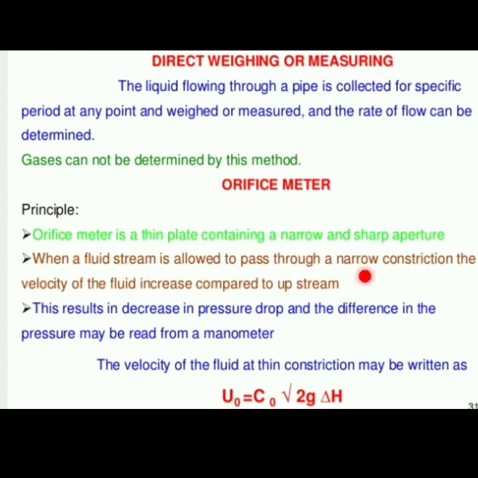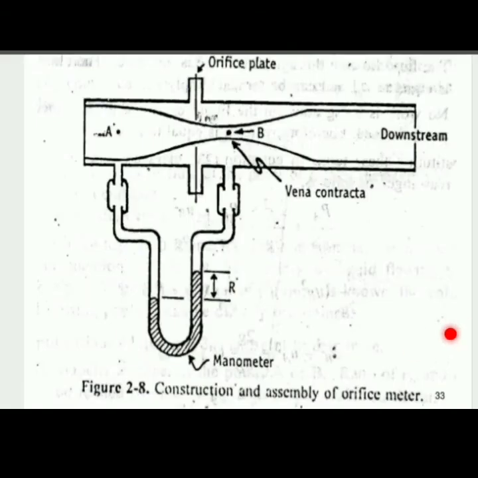What is the principle of this orifice meter? This orifice meter is a thin plate containing a narrow and sharp aperture. This is the diagram of this orifice meter. It consists of a thin plate containing a narrow sharp aperture. When a fluid stream is suddenly allowed to pass through this narrow constriction,